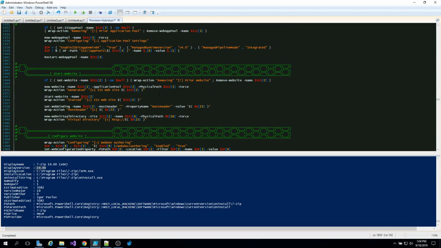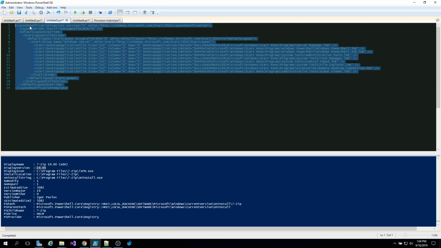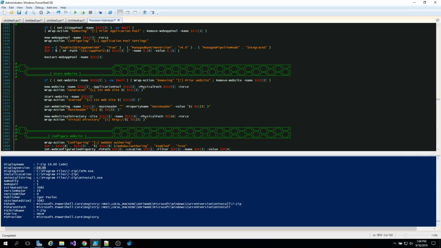But anyway, I think that's really all I wanted to talk about today: the Start-Menu layout that I'm still working on to try to make it dynamically buildable and scalable. And then also I'm going over some of what the Prosivion-Hybrid installation is. I want to say it's an installer, but it's more of a provisioning